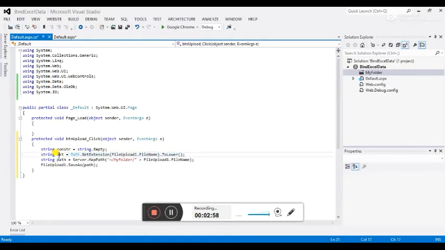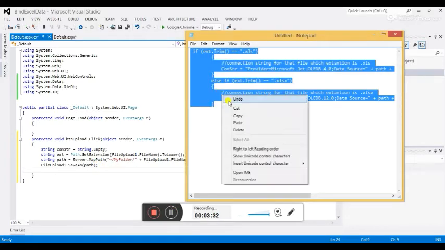Now I want to get my file path here. So you can use Server.MapPath, and you have to pass my folder name, my folder, and slash my file name here. Now I'm assigning this path to the string variable path here. Now let's save this file in my folder. So you can use the SaveAs function here, and you have to pass this string variable path, and it contains my file path.